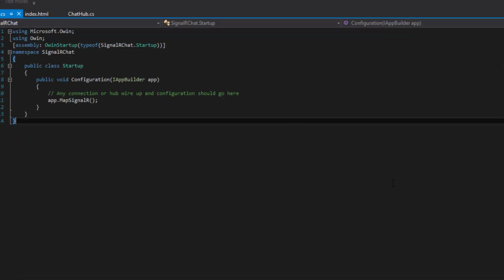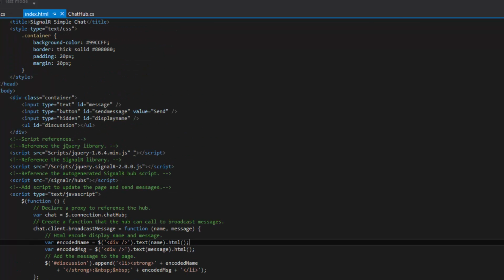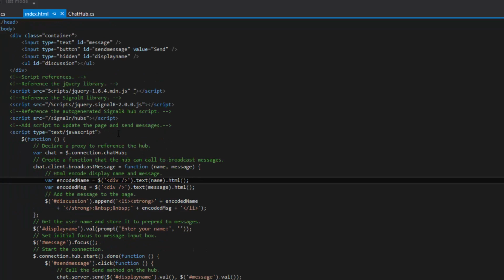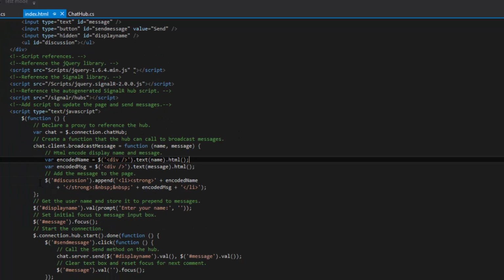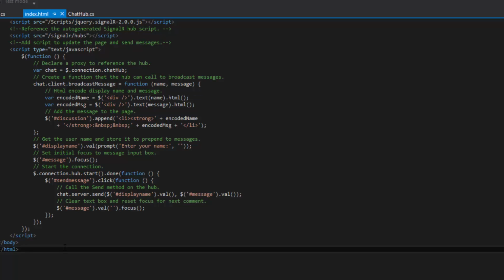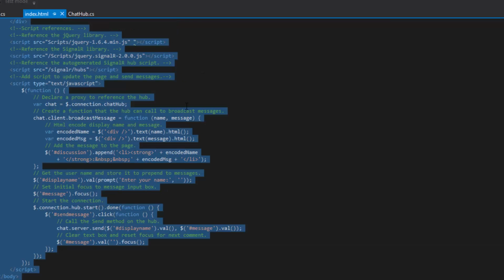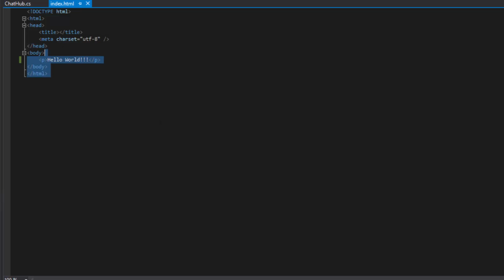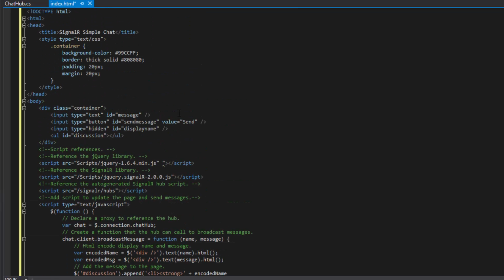If we come over here, and this is a project that you can download, it is index.html, and in there it does some JavaScript, and that's what renders the text box. It adds some IDs to the text box and the buttons, and does some simple JavaScript. Okay, so I'm not going to go over it too much. I'm literally just going to copy that and paste it into here,